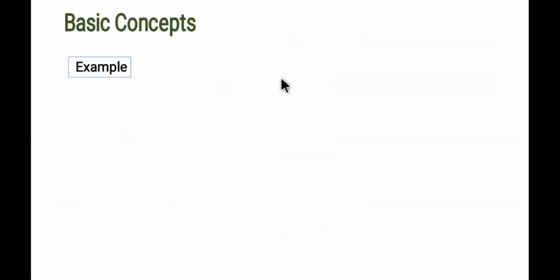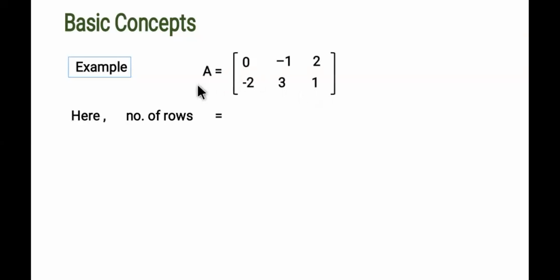So let's see the basic concepts. Suppose I consider a matrix, you can see there are a few numbers inside the matrix. We cannot call them numbers; we have to call them elements of the matrix. I've named the matrix A, so this is my A matrix. Now let's see the number of rows and columns over here. Can you see how many rows you have? That is the horizontal position. We have two horizontal lines over here, so there are two rows.